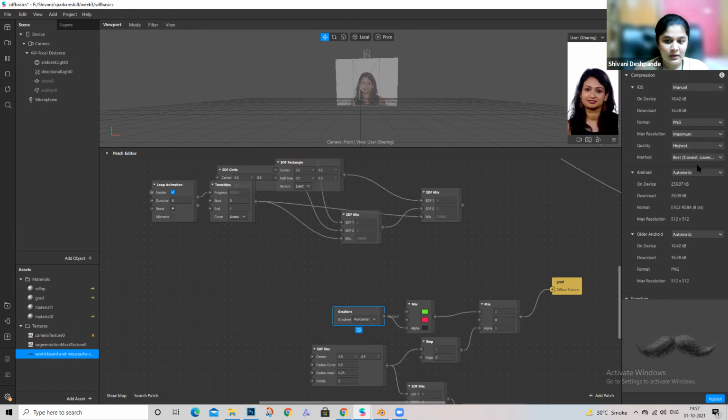It is slow, not that slow, but it will give you the lowest file size possible by Spark AR. So that's a way you can reduce the file size.